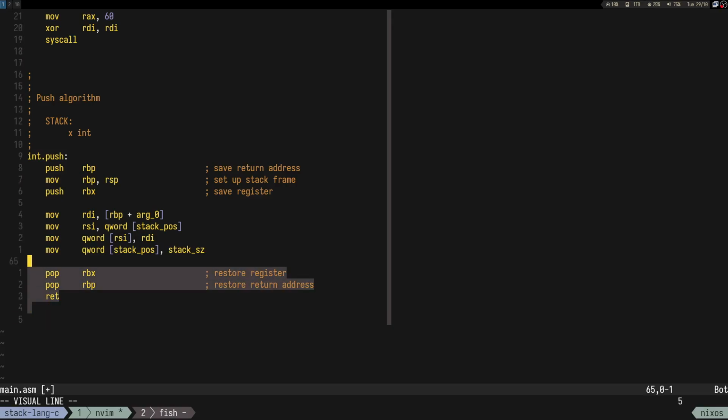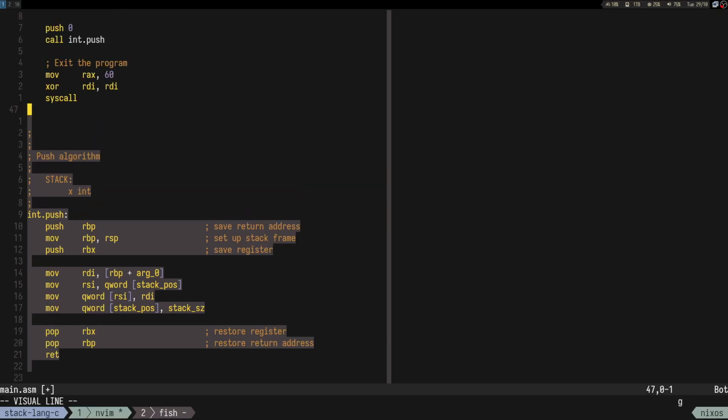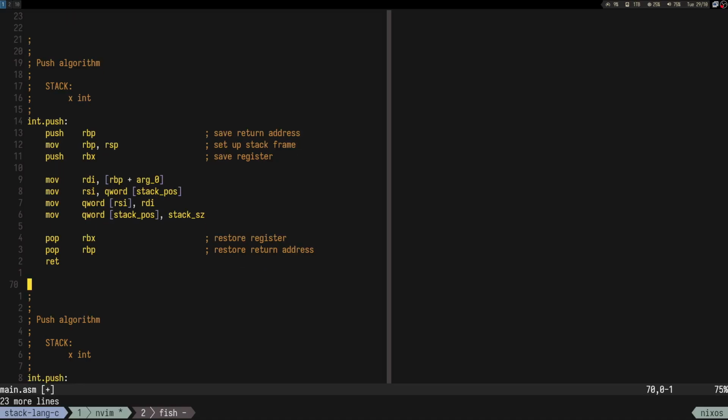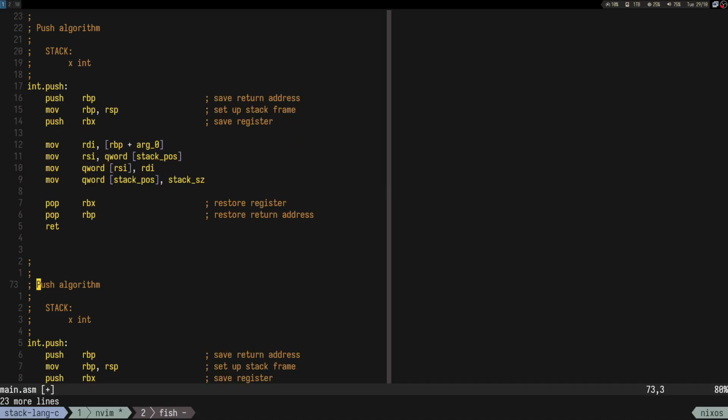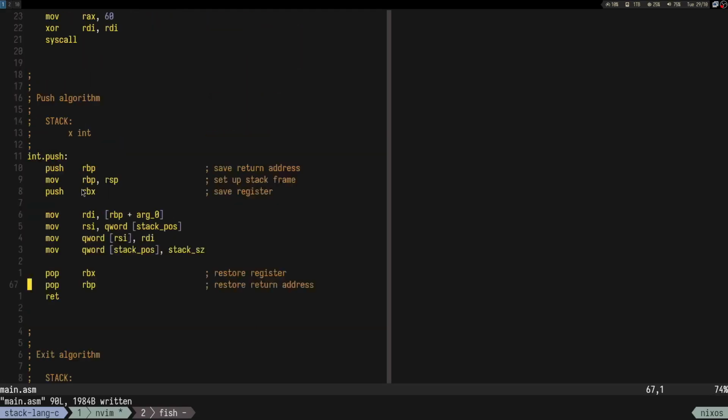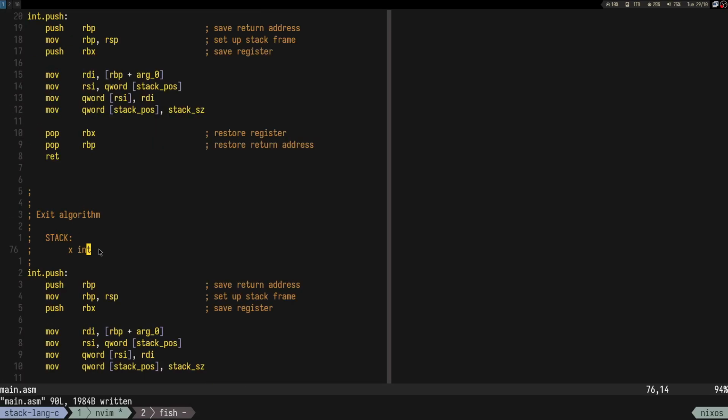So let's just copy this thing. It's going to be the exit algorithm. The exit algorithm, I want it to return. So on the stack it doesn't have anything, but